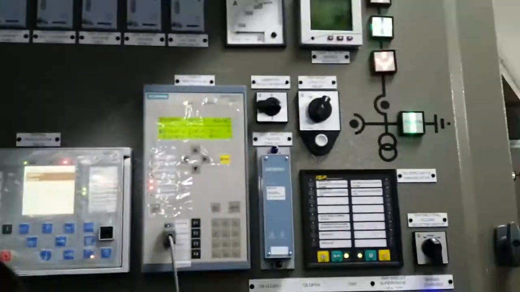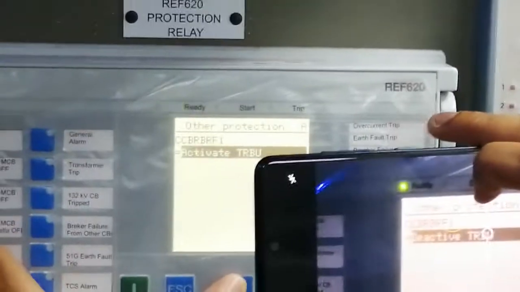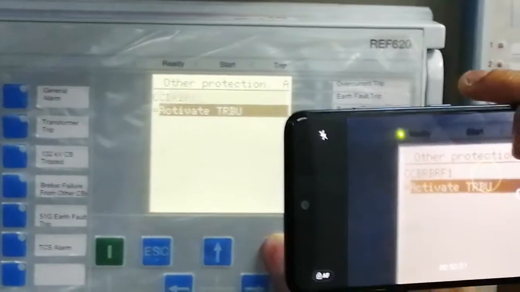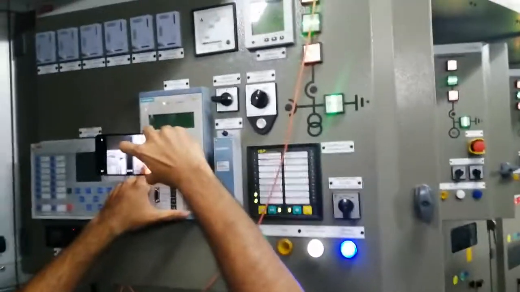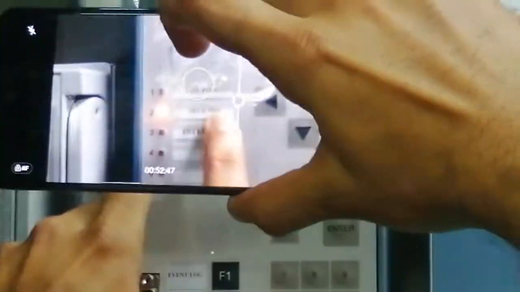In the same fault inter-trip to the 132 kV side, another condition is 11 kV breaker failure. So if the 11 kV breaker fails, then also it will send an inter-trip to the 132 kV protection. Right now, as you can see, this is the protection function breaker failure. So the engineer will activate the protection function in test mode. You might have heard the sound. An LED is also configured here: breaker failure. This is the ABB relay, the 11 kV ABB relay. So we'll show you on the 132 kV protection relay. Have we received the inter-trip? Yes, we have received it. As you can see, this LED number 2 is on now.